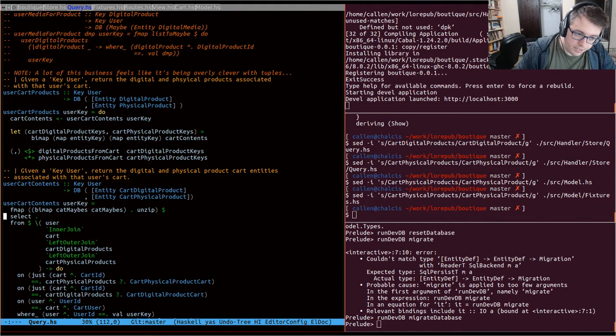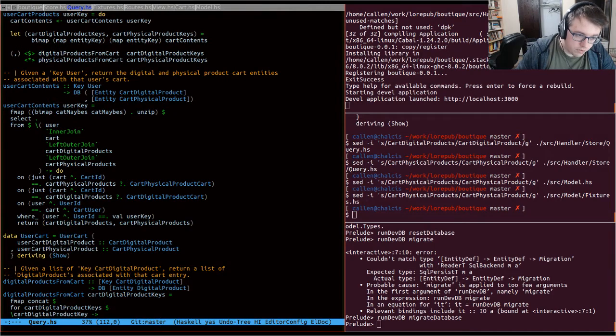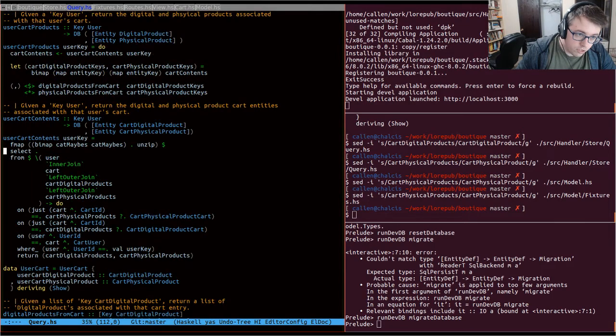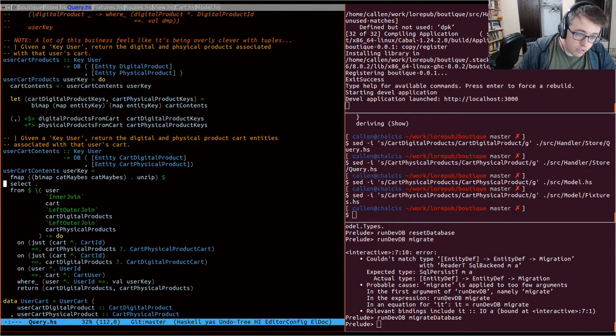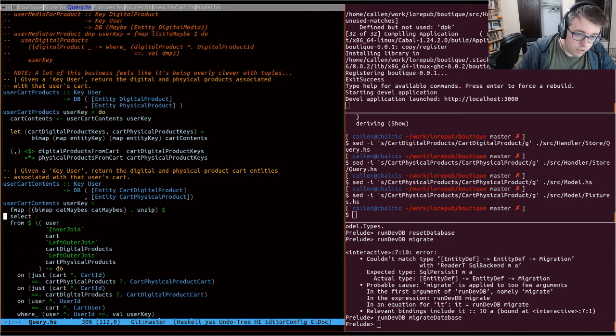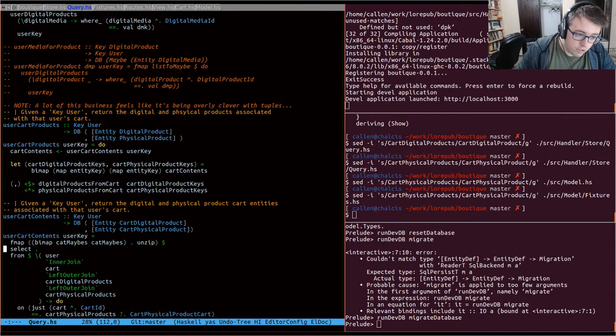Actually, all I need is a function that doesn't drop cart contents and instead zips it with the thing. So the type I actually want